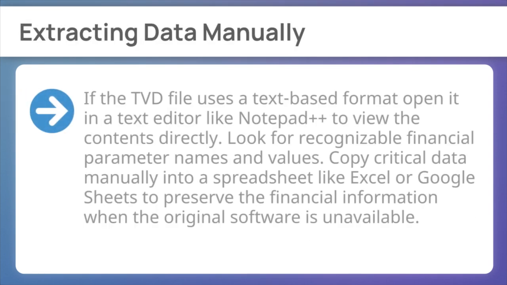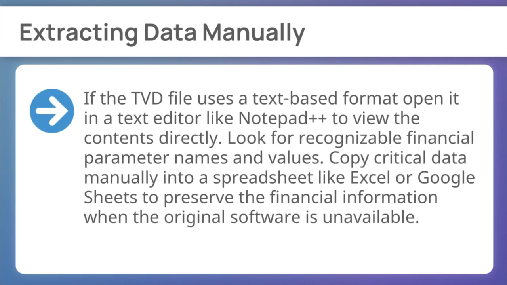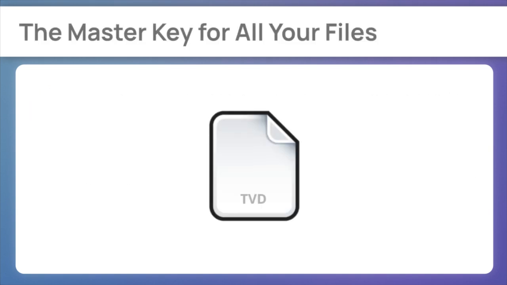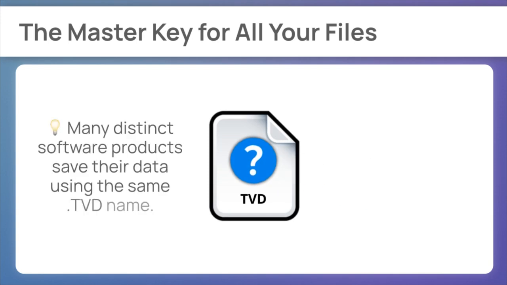Finally, extracting data manually. If the TVD file uses a text-based format, open it in a text editor like Notepad++ to view the contents directly. Look for recognizable financial parameter names and values. Copy critical data manually into a spreadsheet like Excel or Google Sheets to preserve the financial information when the original software is unavailable. If compatibility checks failed, it is likely because the file extension name is shared by different developers